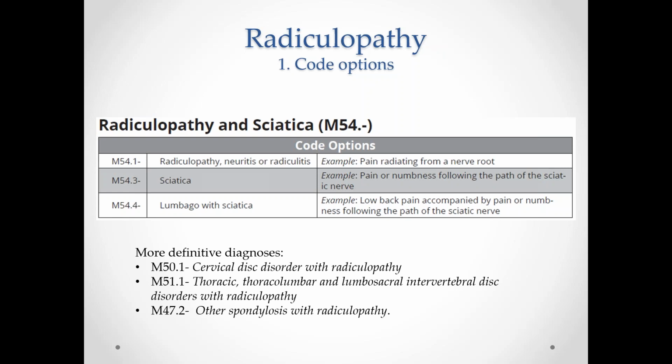Also note that at the bottom of your screen, I've got 3 more diagnoses that are other conditions that are more definitive that explain the radiculopathy. So I've got a disc disorder for the cervical or the thoracic and lumbar, and then spondylosis that includes radiculopathy. So if you have a patient with one of the conditions at the bottom of your screen here, then don't code for radiculopathy separately, right? So if we go and look up all these codes here in the book,